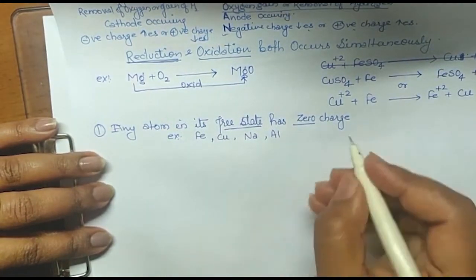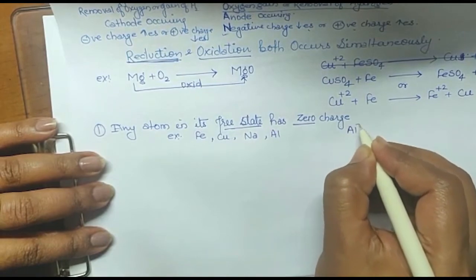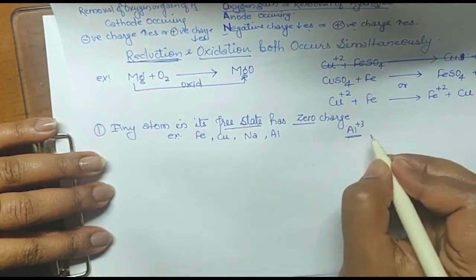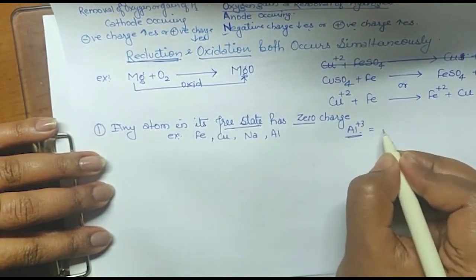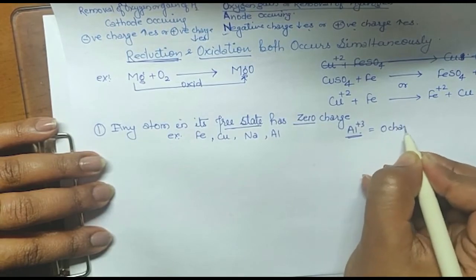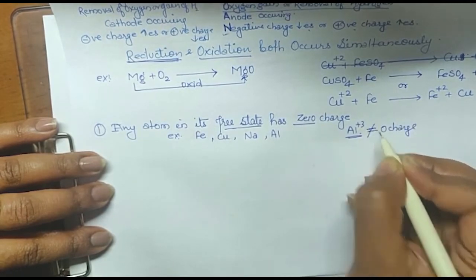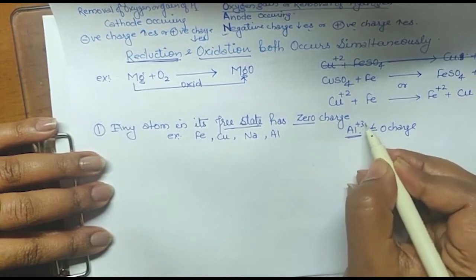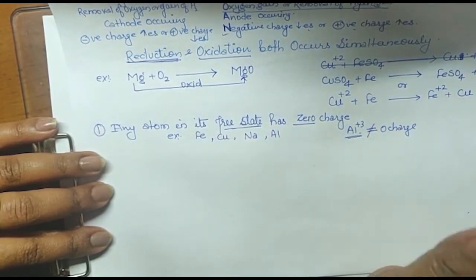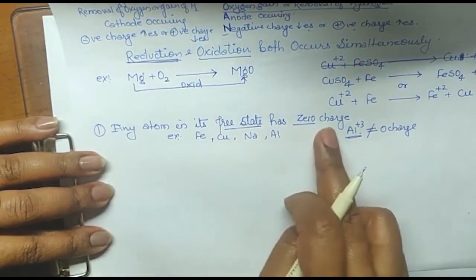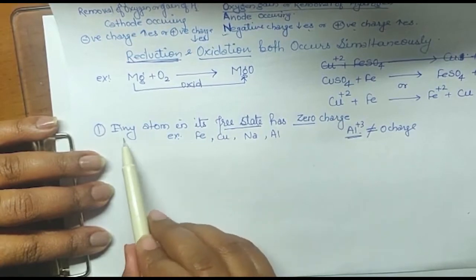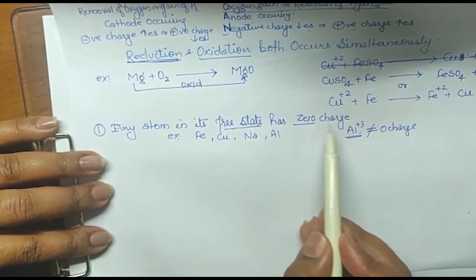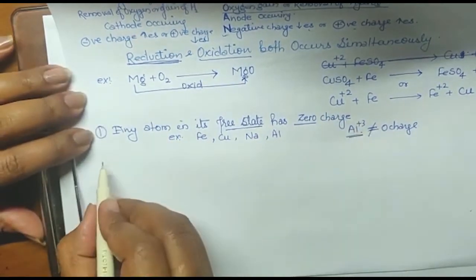Got it? If I am writing Al plus 3, will it have zero charge? This will not have zero charge. What charge will it have? Whatever the charge is written on it, that will be the charge. Got it? So you have to learn this: any atom in its free state has zero charge. Okay. Second point,